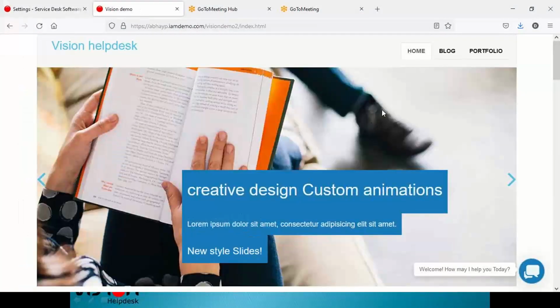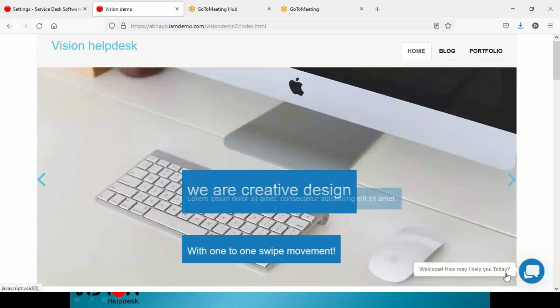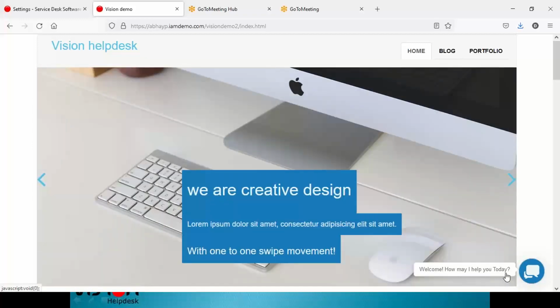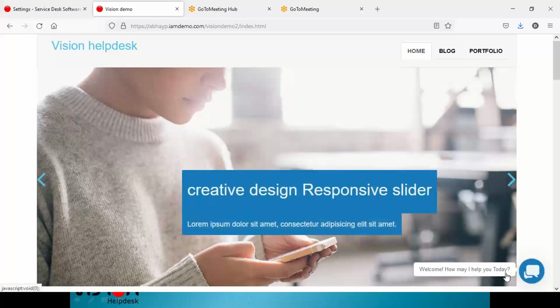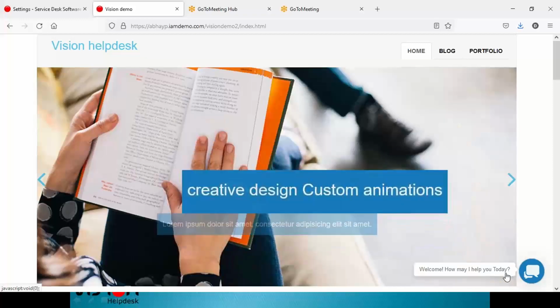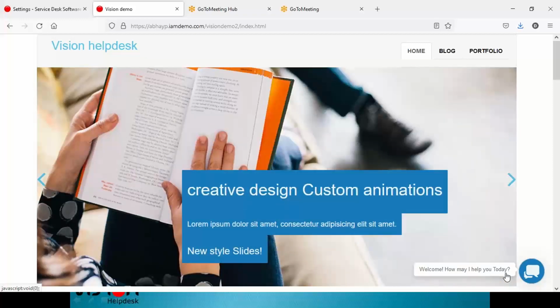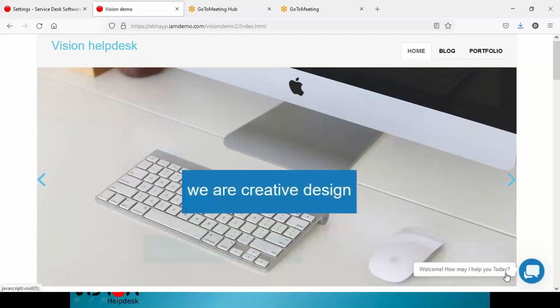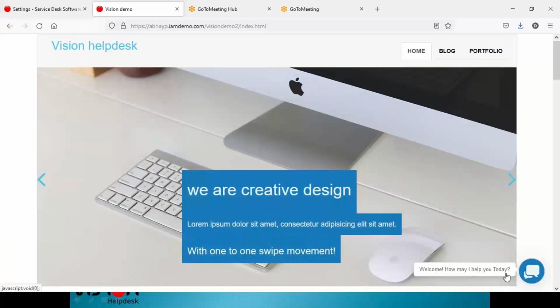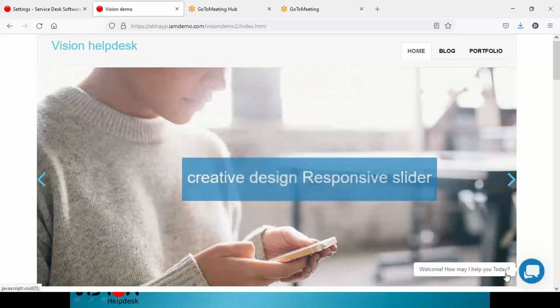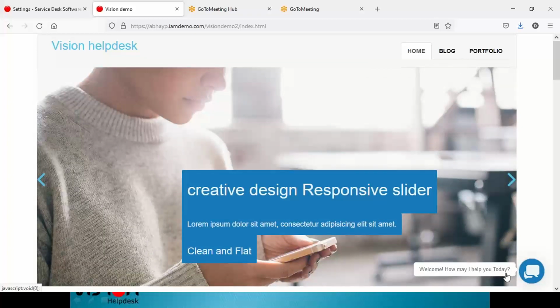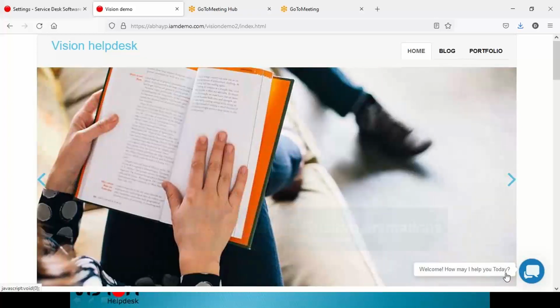So here we have this demo website, and here we have added this widget. This is a live chat widget, and you can see this particular message is coming over here. This is coming from the templates that we have configured. And these templates you can have based on various page URLs. Just for example, let's say you have different pages on your website. One would be a product page, one would be a pricing page, and you can have different attractive messages added for your customers based on the page URL.